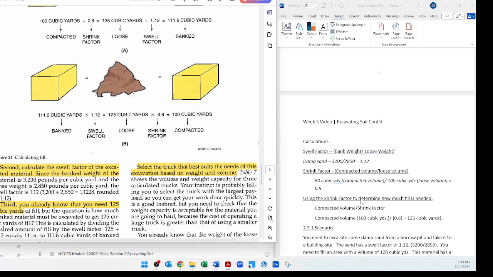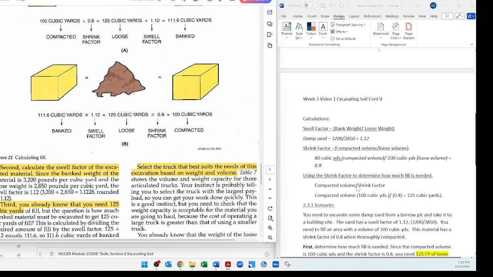Using the shrink factor to determine how much fill is needed. So compacted volume divided by shrink factor. The compacted volume is 100 cubic yards in this case, divided by the shrink factor, and you will get 125 cubic yards. That's how much soil you will need if you want to fill that hole up